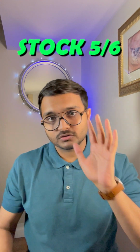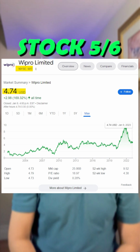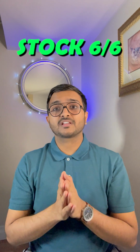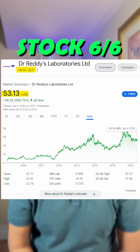So let's talk about stock number 5, which is Wipro and the ticker symbol for that is WIT. It is listed on the NYSE and is currently trading at 4.66 US dollars. The final stock, which is stock number 6, is Dr. Reddy's Laboratories and the ticker symbol for that is RDY. It is currently trading at 52.7 USD and all the 6 stocks are listed on the NYSE, which is New York Stock Exchange. So if you are a Canadian investor and if you are using the Wealthsimple app, then you